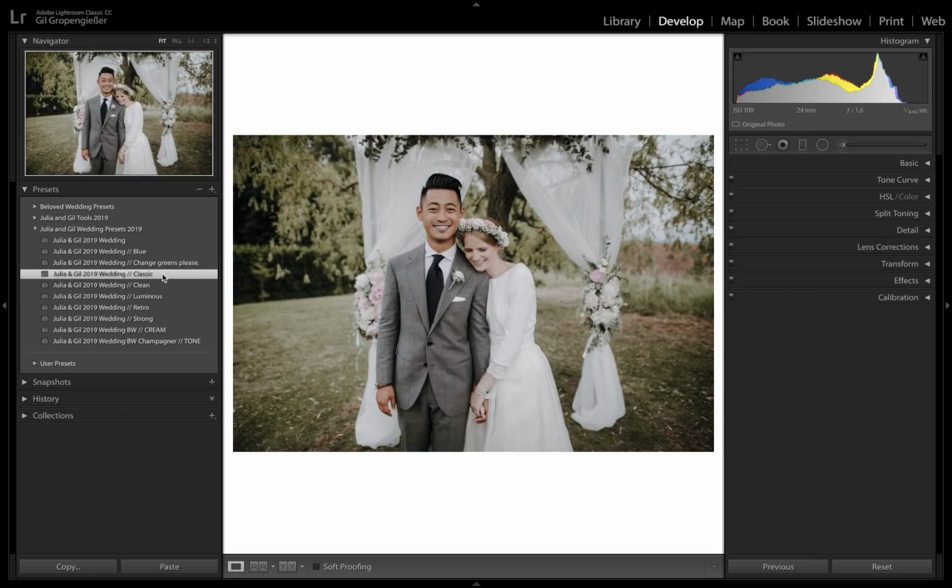So here we have the classic, which is more contrasty than the clean one. The clean one is a very clean fine art preset, which we also love and use a lot, also for our portrait and couple session. It's amazing. So let's say classic, clean is not enough, you like it very bright and soft, then this preset